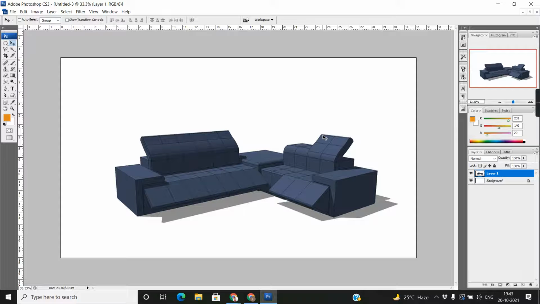The second thing, Photoshop is layers-based software. You will get each and everything in a layer. Whatever is over here, it may be any file, any image, any composition, this entire thing is an image. The shortcut for the layer bar is F7. When you press F7, you will get this layer bar.